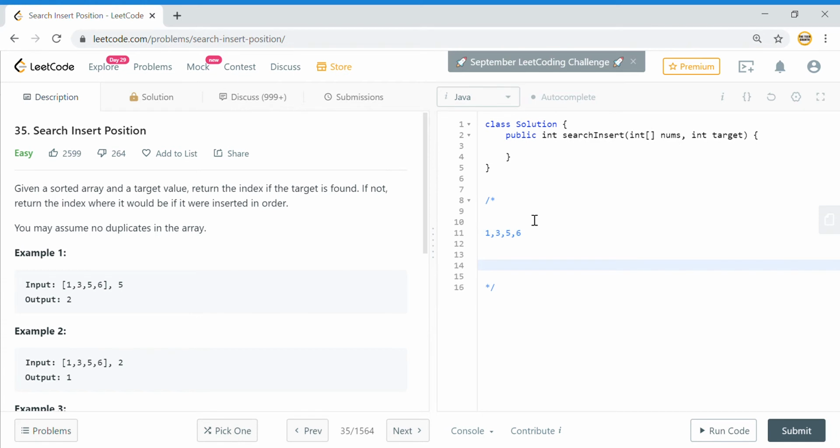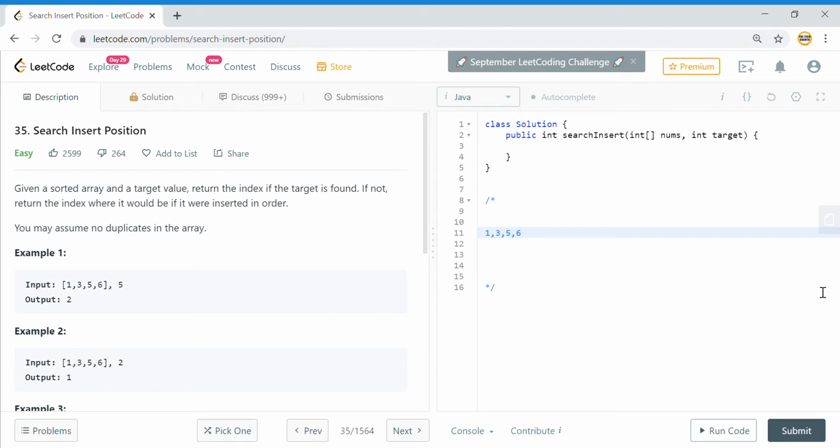The simple way to search an element, suppose if I ask you to search 6 in this particular array, so how will you search 6? You will go to 1, you will check whether this value is equal to 6 or not. If it is not, you move to the next value, and you see whether this is equal to 6 or not. It is not, so you move to the next value, and you again check whether this is equal to 6 or not, and finally the last element, since this is 6, you will return the value or the position in the array where this value is lying. So here you will return 3 if you have to return the position.